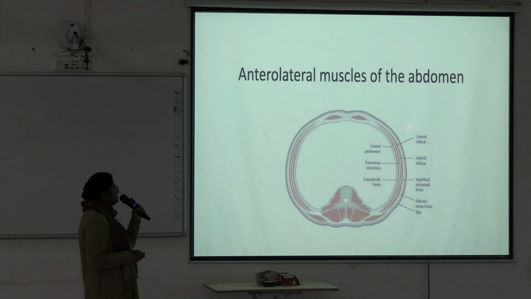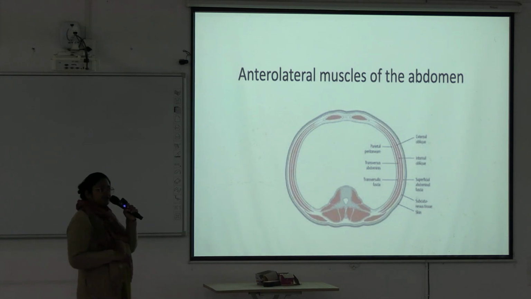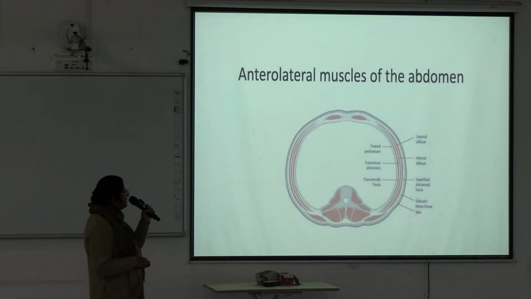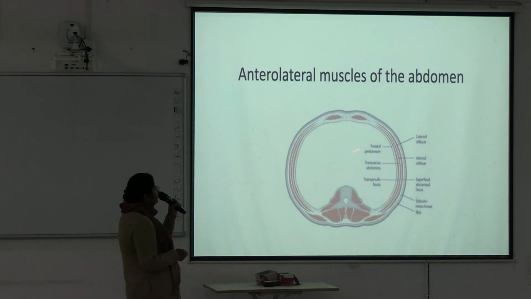Scarpa is a fatty layer. Then external oblique muscle, internal oblique muscle, transversus abdominis muscle, then fascia transversalis, and then parietal peritoneum. And inside this peritoneal cavity, all the abdominal viscera are lying. Okay, understood? And anteriorly, these vertical muscles are the rectus abdominis, and this is covered by anterior lamina and